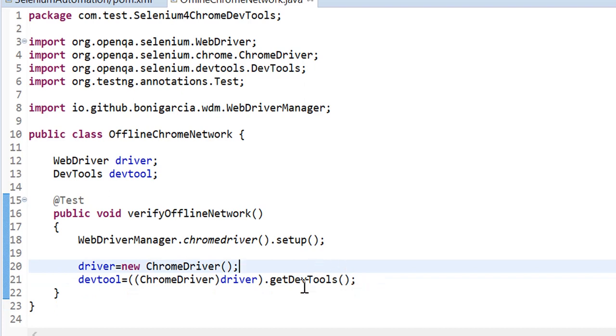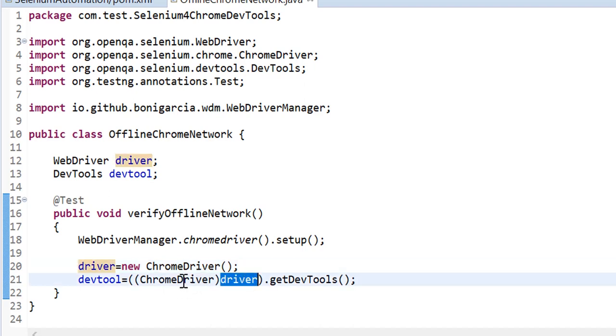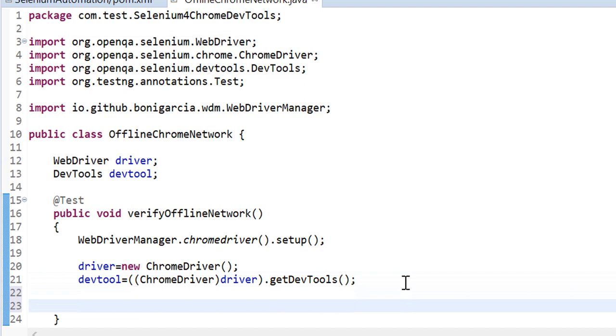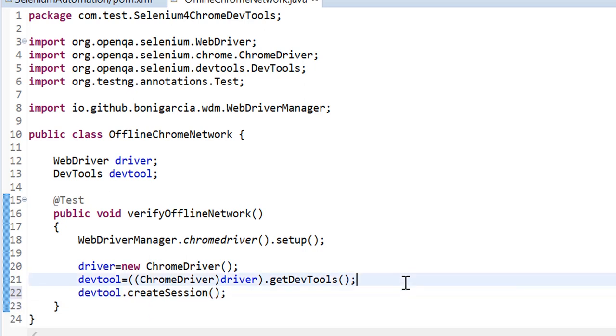Whenever we are going to use a DevTools feature, first we have to cast. We have two options here. Either we can write ChromeDriver driver equal to new ChromeDriver, in which case we are not going to cast. In case you are using the WebDriver reference, then we have to cast here. Now we have to create the session. So just take this reference, devTools.createSession. Now till here everything is fine.